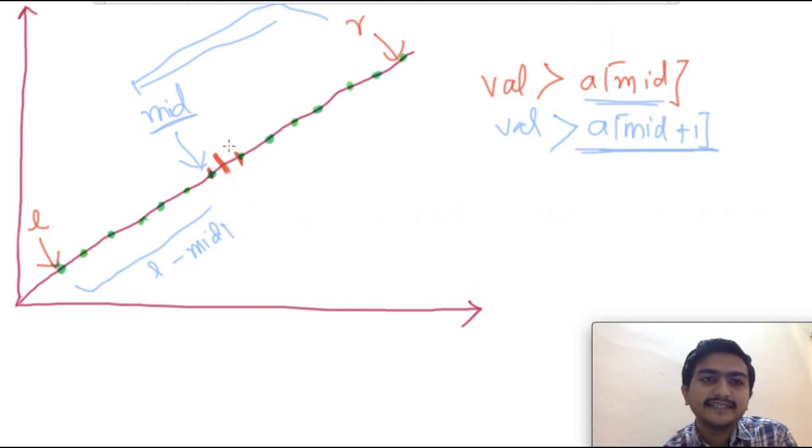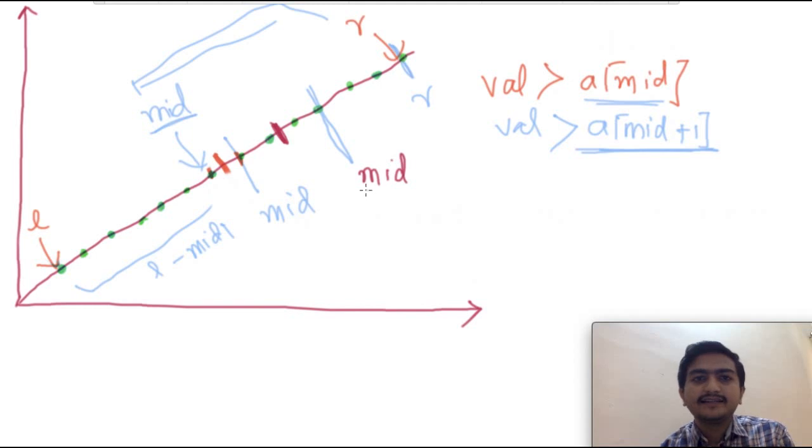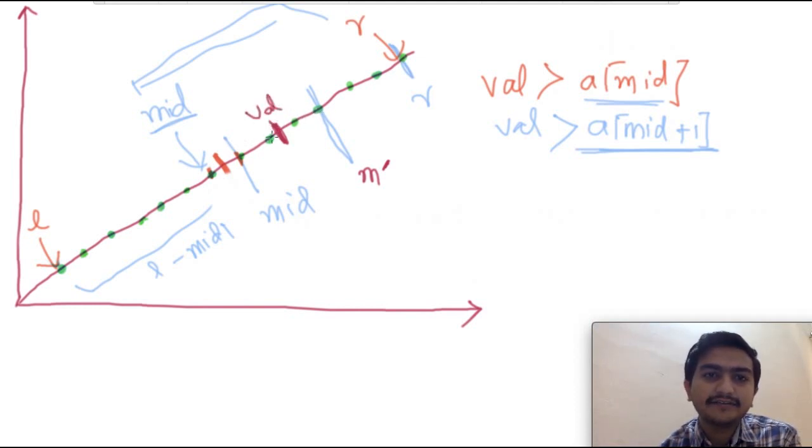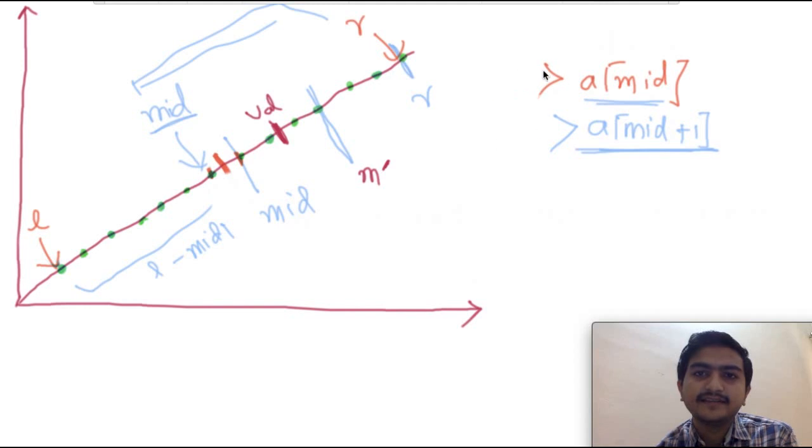What I can do is again increment my left pointer to mid plus 1, and I can again do a binary search from this range to r. And let's just say the value to be found was somewhere here. Let's see if we can get this or not. So if I see the mid value here, this will be the new m dash. Let me just call it m dash, because again writing mid value is a bit lengthy. Now you can clearly see that the value to be found, this is the r value, is less than mid. Then what will happen?